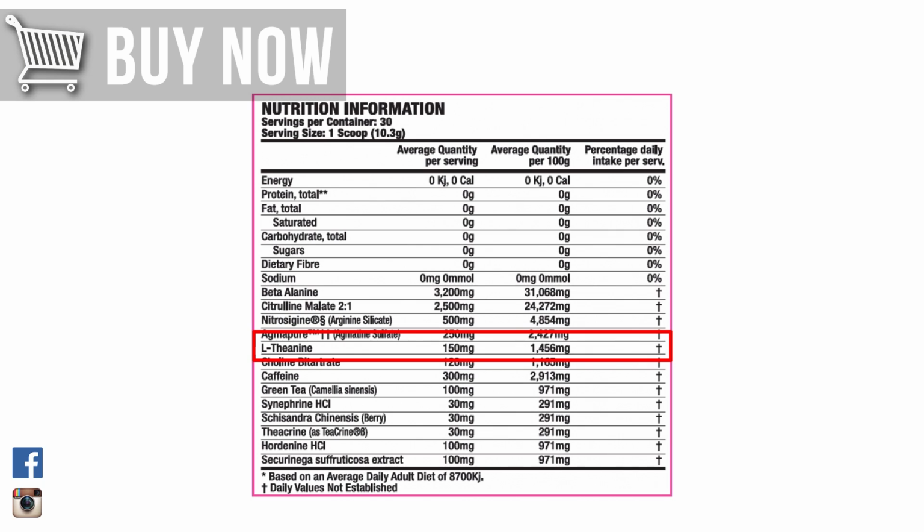The other cool thing about L-theanine is it promotes relaxation without sedation and reduces the perception of stress. So really cool to see L-theanine in pre-workout. It's appearing a lot in pre-workout formulas of late, and it's good to see because it effectively takes the edge off stimulants. So when you're dealing with a pre-workout formula that contains a lot of stimulants, such as this Stimul8, as you guys are about to see, combining it with adaptogenic herbs and nootropic amino acids like L-theanine that have the ability to take the edge off those stimulants